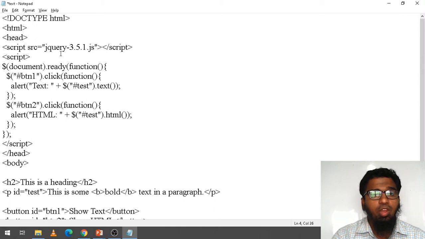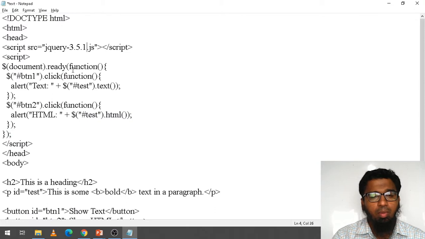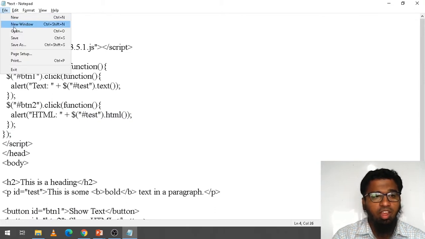This is jQuery hyphen 3.5.1.js. If you want to change the name, you can change it, but I am not changing, I am taking the same name. So now I will save.